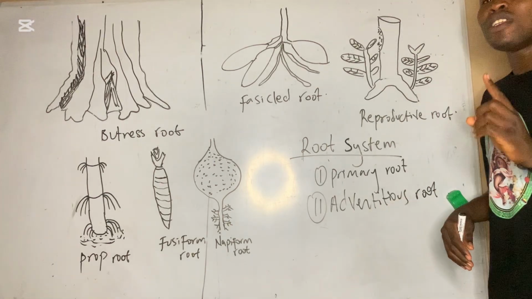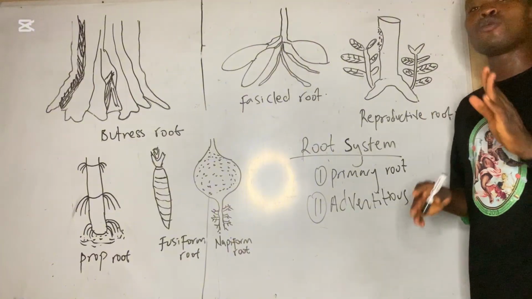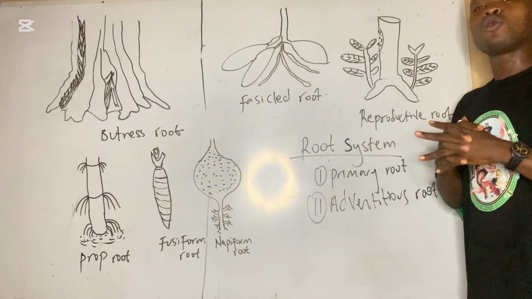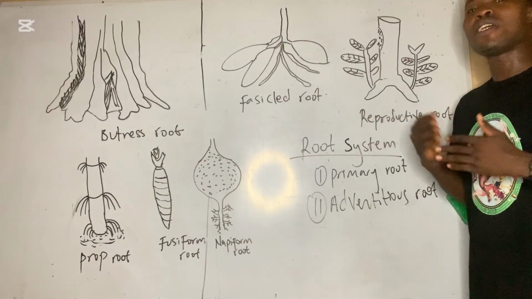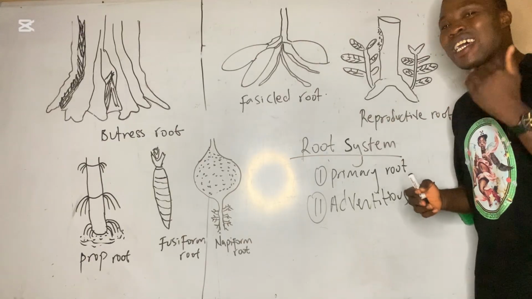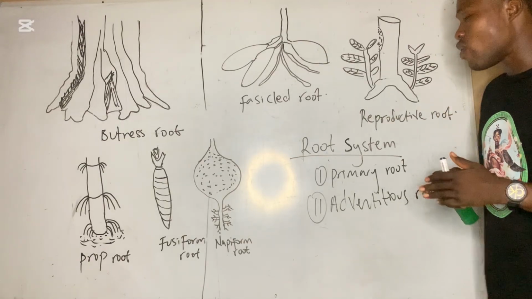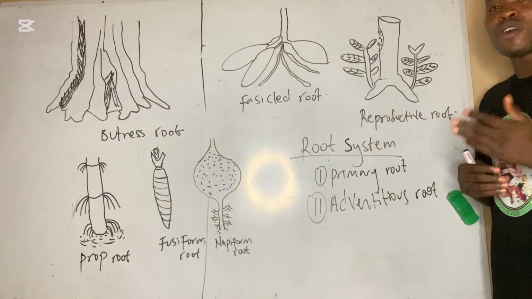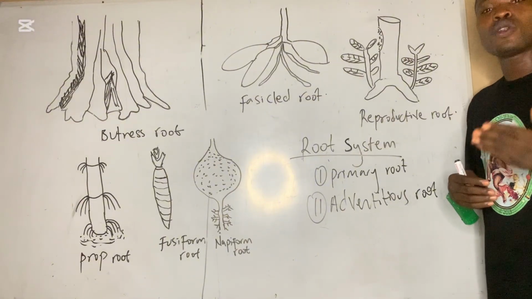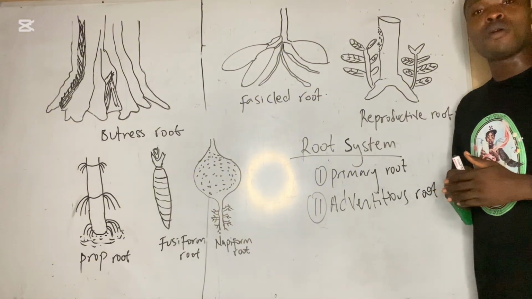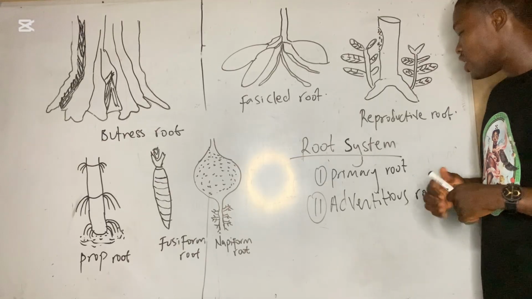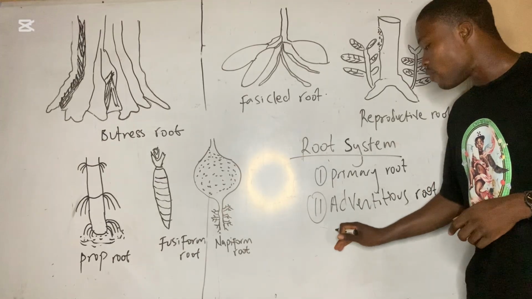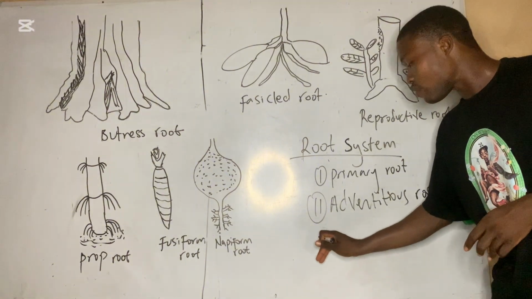So adventitious roots are roots that grow from superficial parts of plants. A root that grows from a superficial part of a plant is called an adventitious root. Adventitious roots grow from superficial parts such as the stem or leaves. A typical example of what I'm saying is